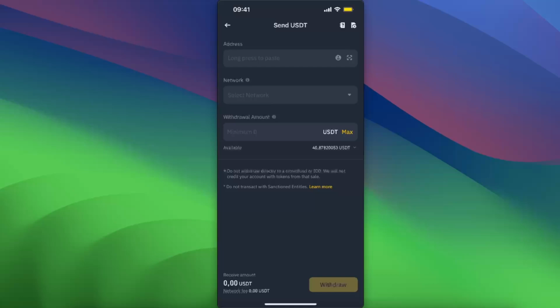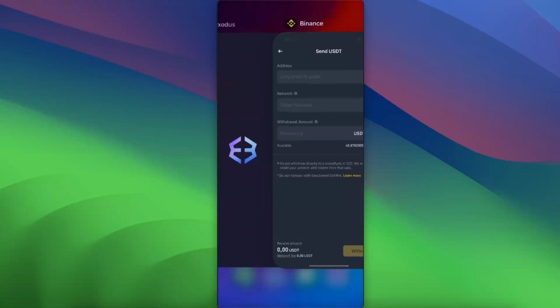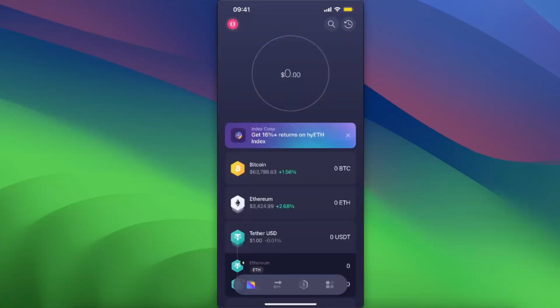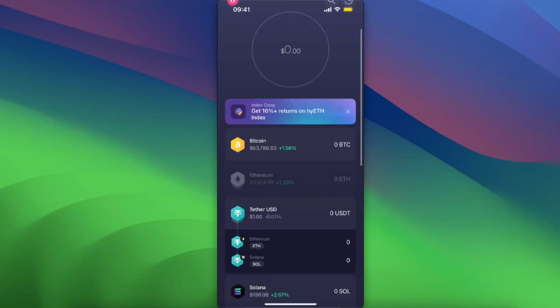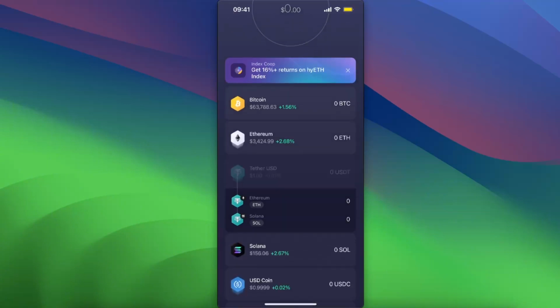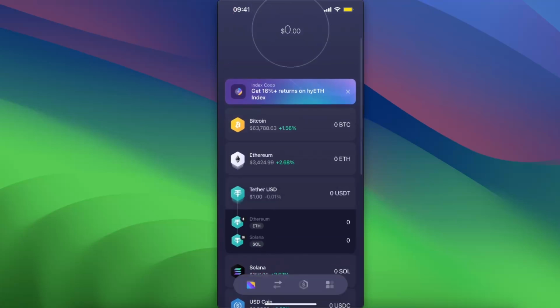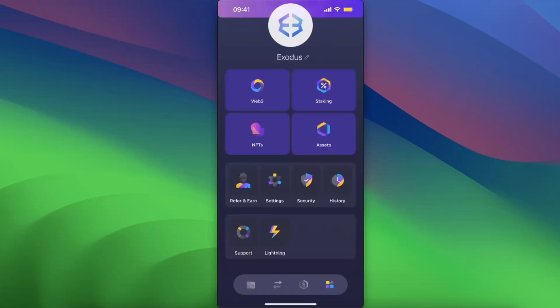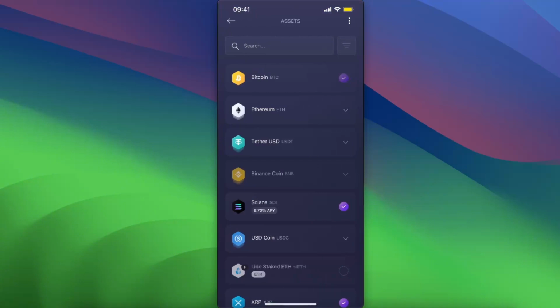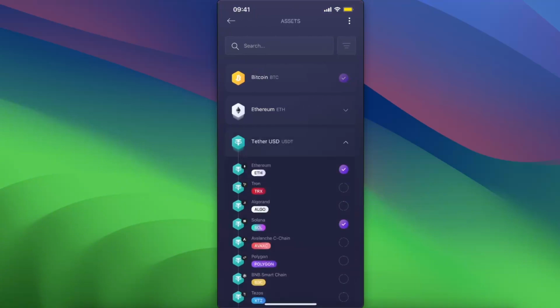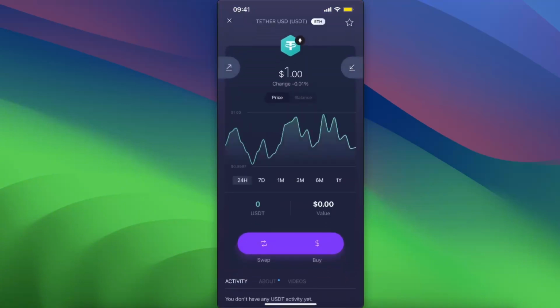So first of all, let's go to our Exodus. On your Exodus wallet, you want to go ahead and choose the cryptocurrency which you want to send. So for example, for today, let's choose Tether. If you don't see your currency here, you just go ahead right there, click on assets and search for it, then choose it. Now you will have this here, and as you can see at the top there are two